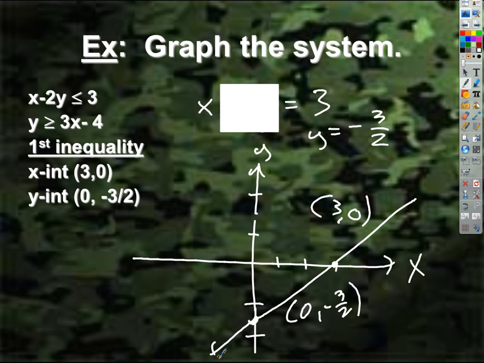You just put in 0. Yeah, right. All I have to do is I can put in 0 for x and solve for y to get the y-intercept. I can put in 0 for y, solve for x to get the x-intercept. Okay? It's a great little trick. So once you do that,